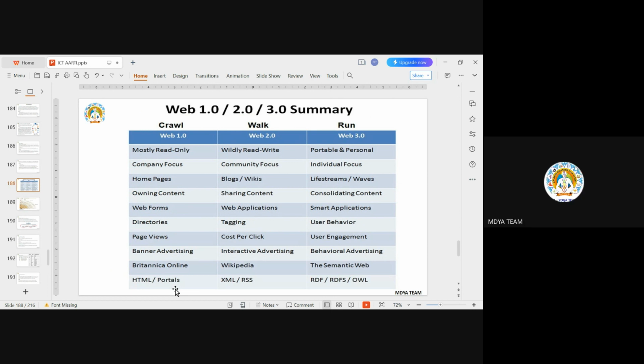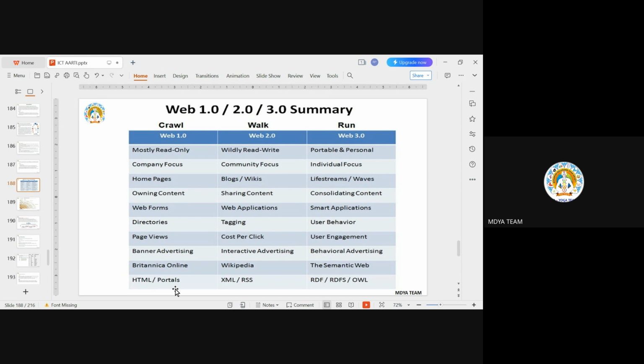Now Web 4.0 is the mobile web. I didn't make a slide, because this is very little, 2 or 3 lines, but I will share some content with you. Web 4.0 is a mobile web. It can be ultra intelligent. Web 3.0 is artificial intelligence, but Web 4.0 is an ultra intelligent electronic agent. Web 3.0 is a semantic web. Web 4.0 is a symbiotic web.